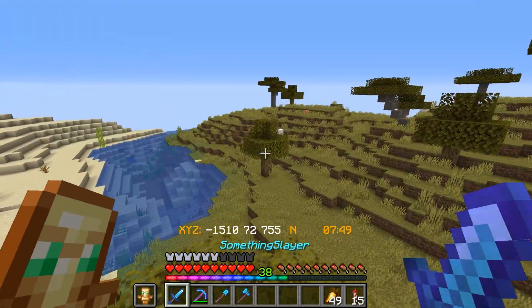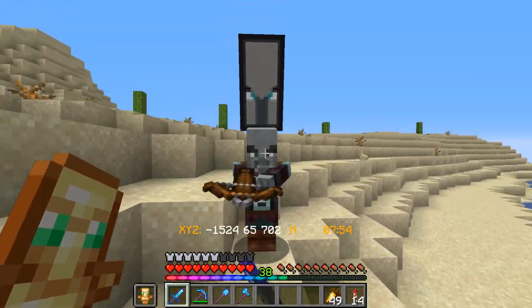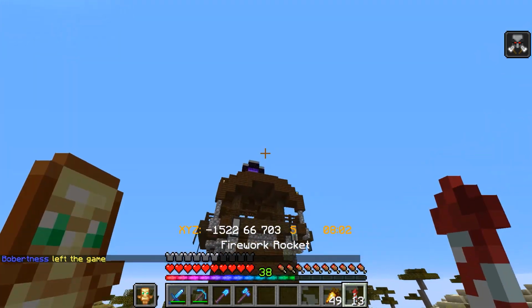That was weird. All right, these guys. These are the guys we're looking for. So the guys with the banners. If I kill him, I get the Bad Omen effect. So then if we head back to the farm,